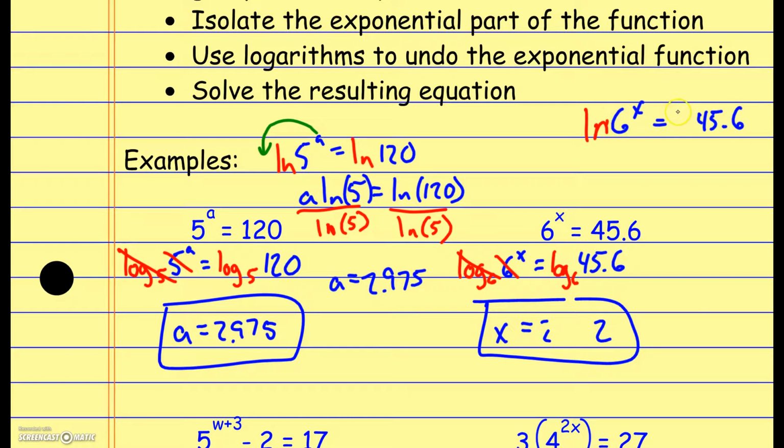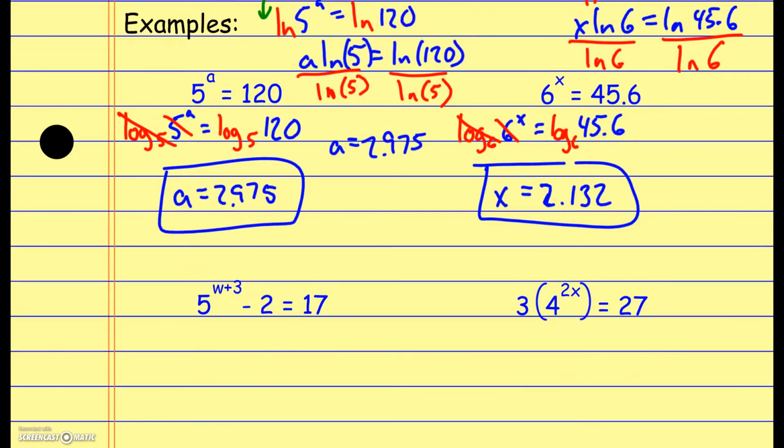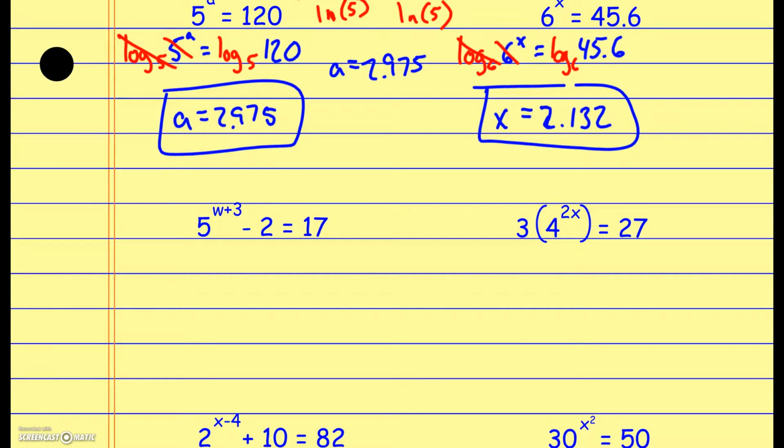If I take the natural log of each side, I bring the x out front, and now I'm going to divide by that natural log of 6. Okay, so this is why the change of base formula actually works, because it's the same process as solving using any logarithm. Okay, and so you can see I'm going to get the same thing there. But for the most part, with these really simple examples, it's probably easier just to use the base that I have written here. Okay. If I look at the next one, again, the exponential function's not by itself this time,